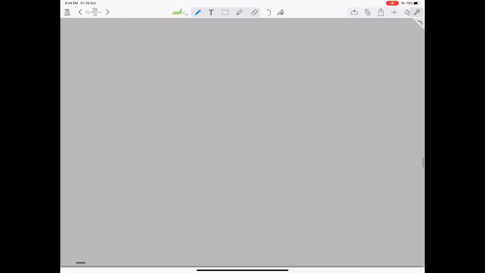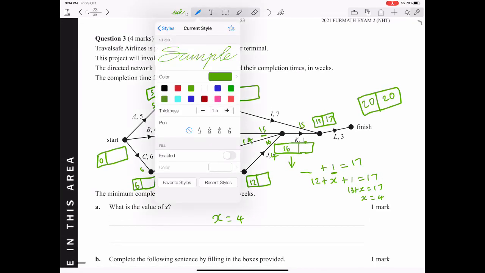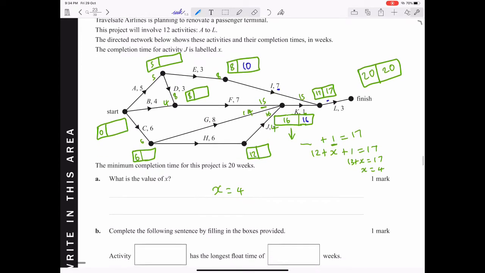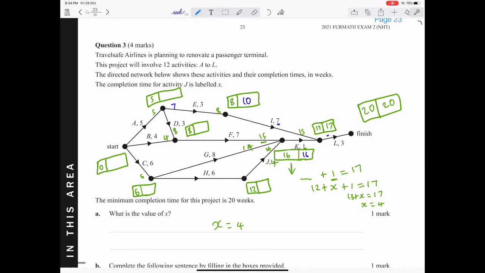So now we need to complete all the latest start times for these activities. So 20 minus 3 is 17, which we've already done. 17 minus 1 is 16. 17 minus 7 is 10. 10 minus 3 is 7. You've got to wait there until we can determine if there could potentially be a smaller number coming in from this arrow. So go back over to 16. 16 minus 7